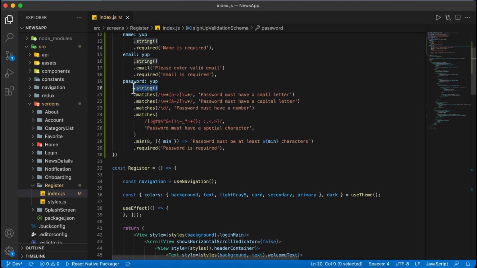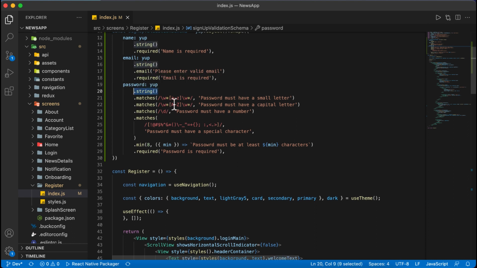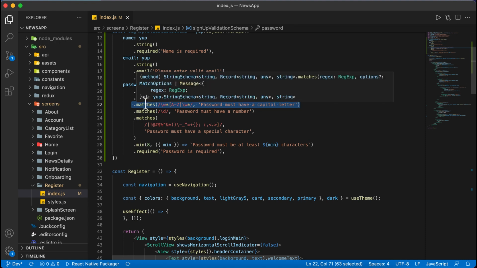First of all it should be a string, then the second thing is this is a regex. If you are facing issues in typing, you can copy this from the GitHub link, the link is provided below, since if you type it, there may be some issue. This is the first regex, which is used for a small letter, and it will verify that there should be a small letter. And the second one is the pattern taken inside the matches function.